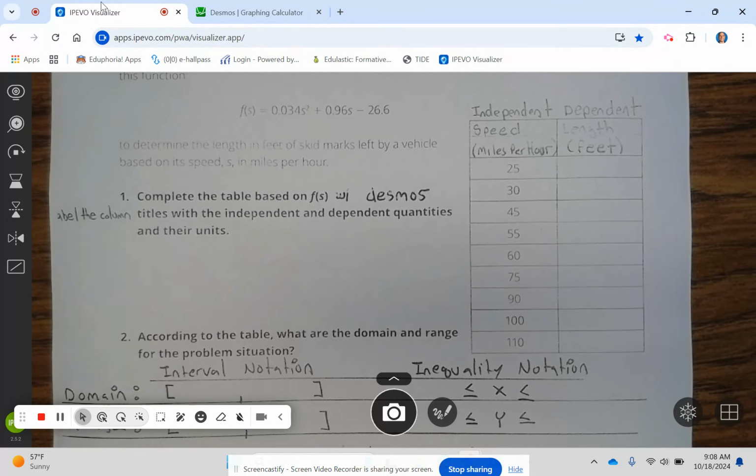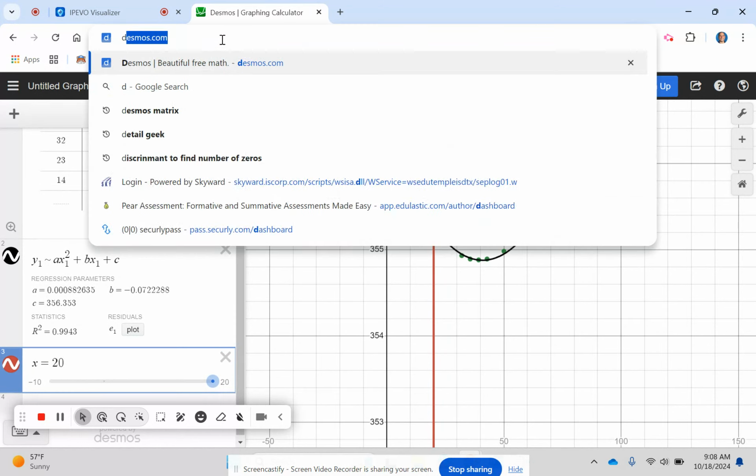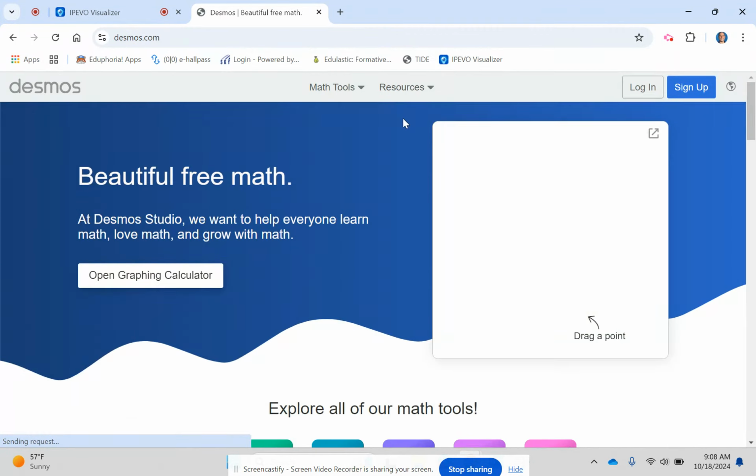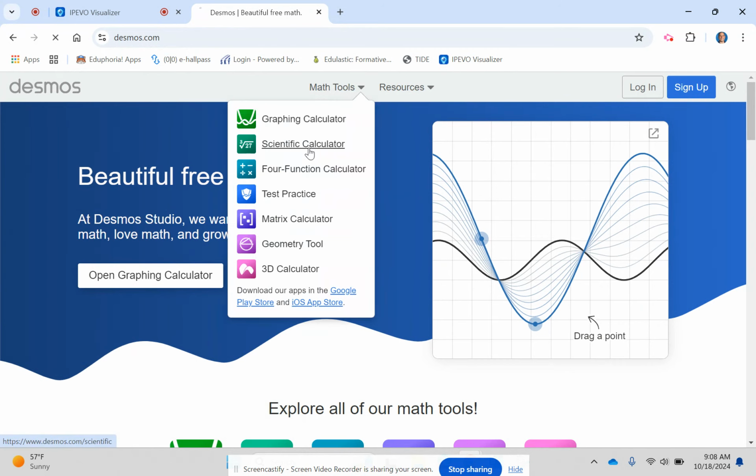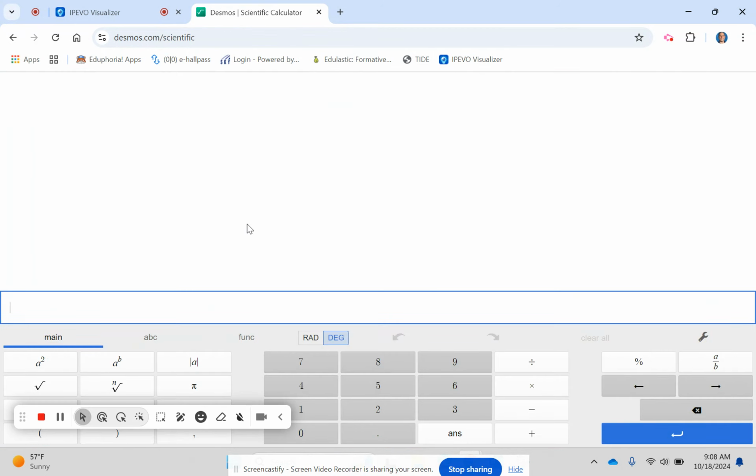1. Complete the table based on f of s using Desmos. Okay, so let's go ahead and do that. So for Desmos, I need to go to desmos.com. I'm going to go to scientific calculator, and I'm going to put in 0.034 s squared. It's going to give me an error, but that's okay, plus 0.96 s minus 26.6. Who cares about the error? I'm going to press s equals 25, and then that gives me 18, and let's go ahead and round to one decimal place,